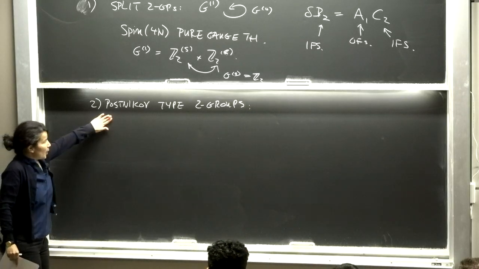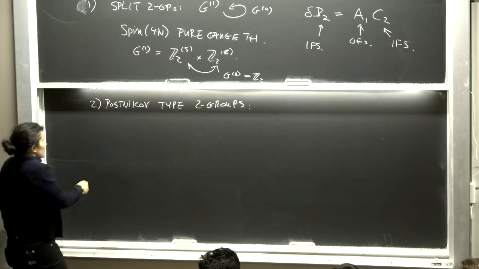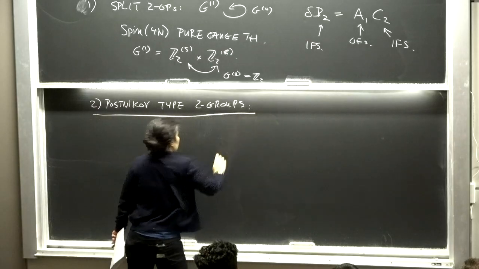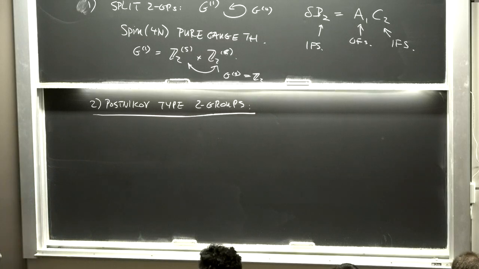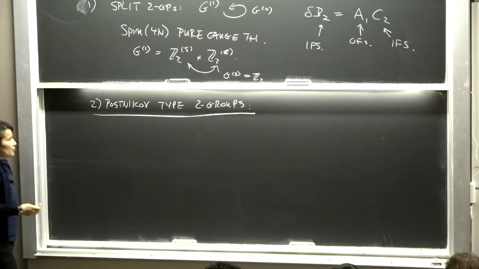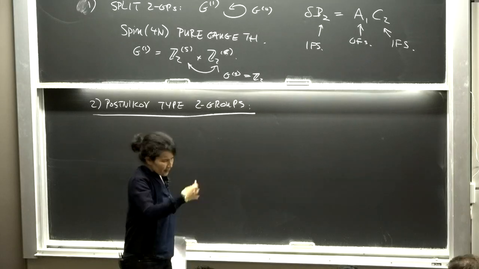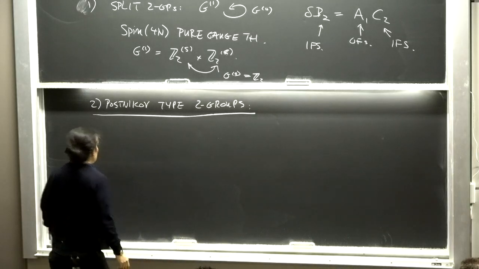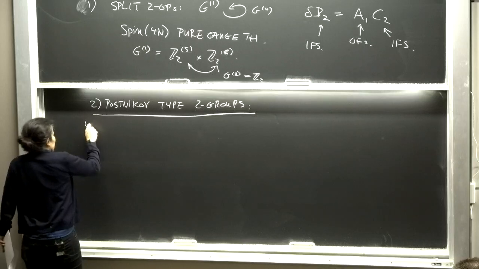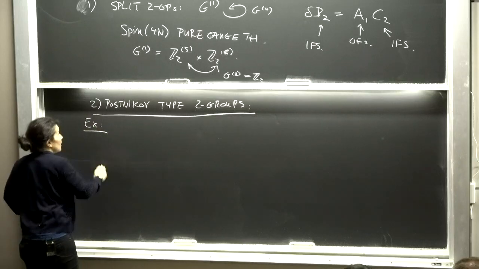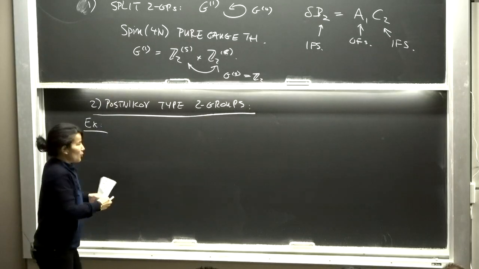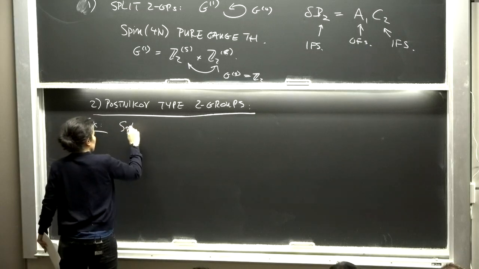Okay, so what is a Postnikov type 2 group? And here it's really instructive to look at an example before we go into the mathematics of it. Because the example will tell you immediately, it'll be completely transparent what's going on, and then we'll feed in the math subsequently. So the example is, again, one of these spin groups, but now we're in the spin